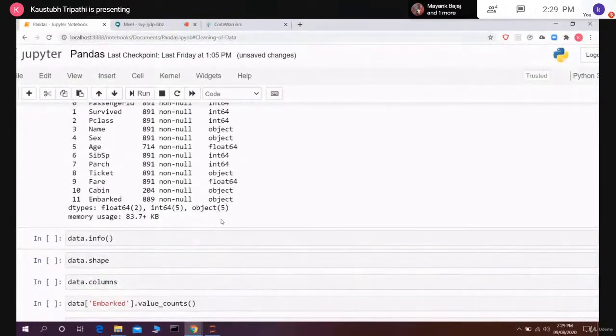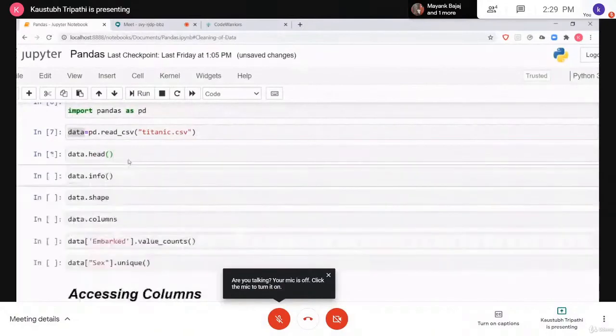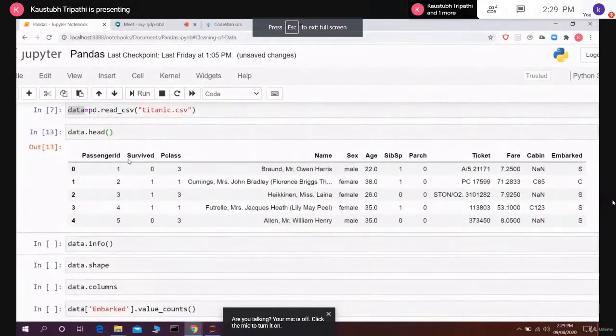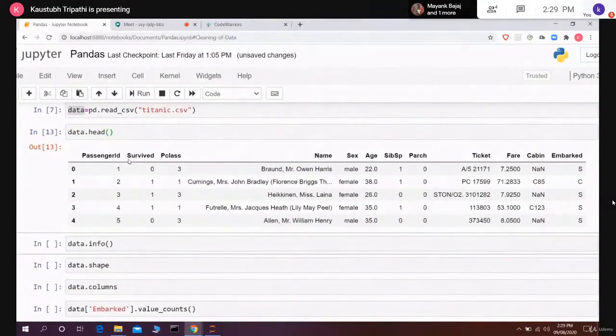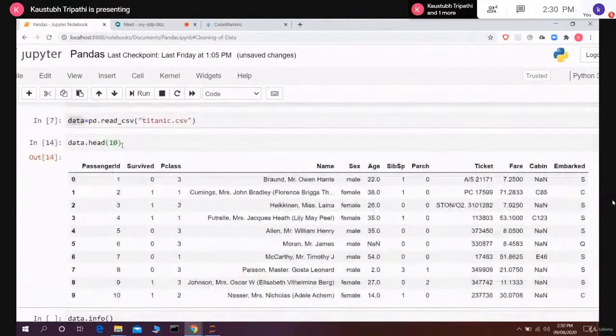Okay, someone, Divankar Balkere, asked me, will you explain head again, both head and tail at the same time? Okay, so head is simple. If I just use head over here, it gives me the head of the data. Suppose there is a huge data and you want to see the top values. You use the data.head method and it will give you the top 5 rows of the data. And if you pass any value inside of it, that tells it this number of rows I want to see. So now if I pass the value 10 over here, it gives me 10 rows of that data.